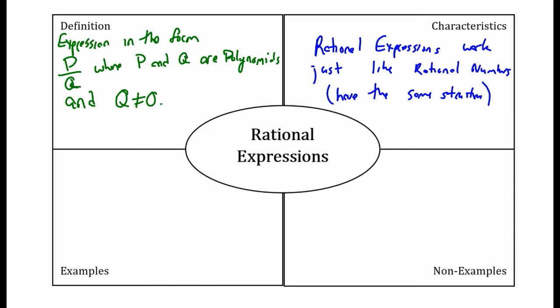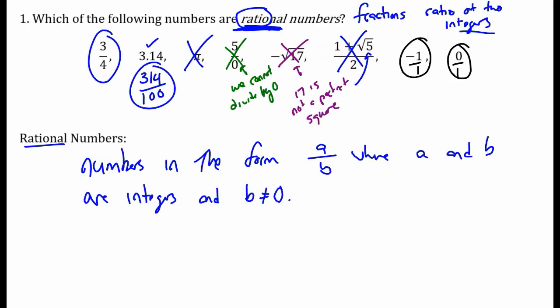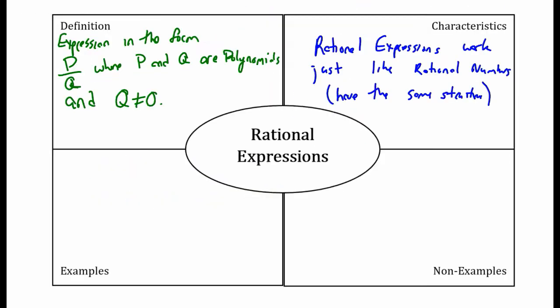You can multiply rational expressions just like you multiply fractions. You can divide rational expressions just like you divide fractions. So rational expressions is extending our idea of rational numbers to having polynomials on the top and bottom. What are some examples? Well, believe it or not, 3/4 is also a rational expression because 3 and 4 are